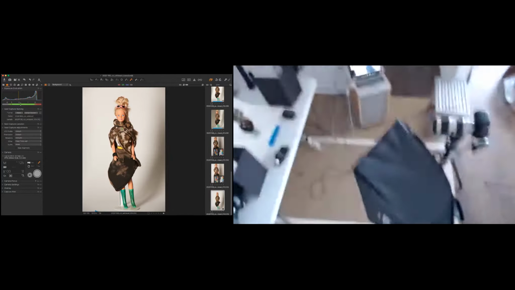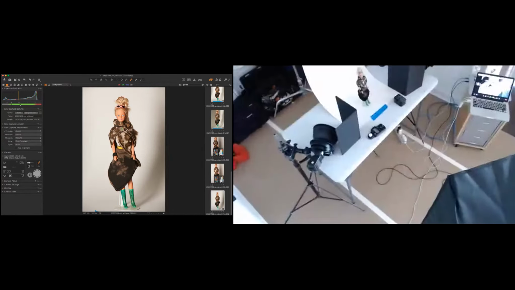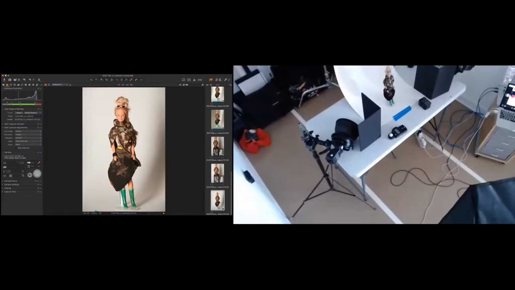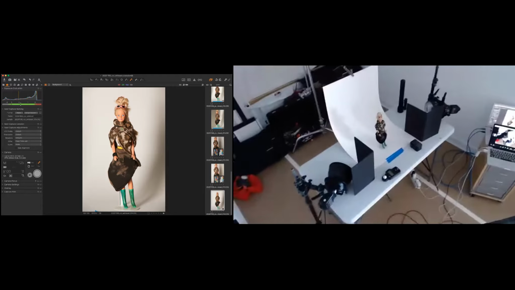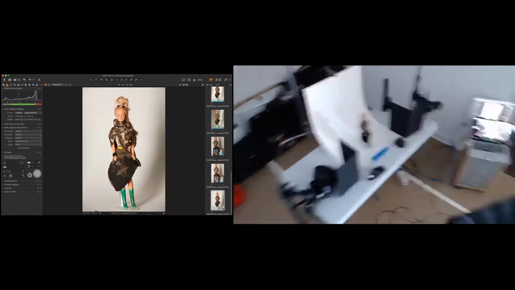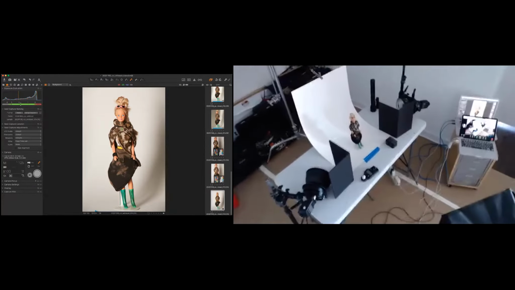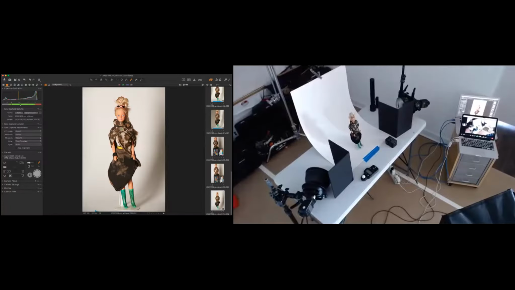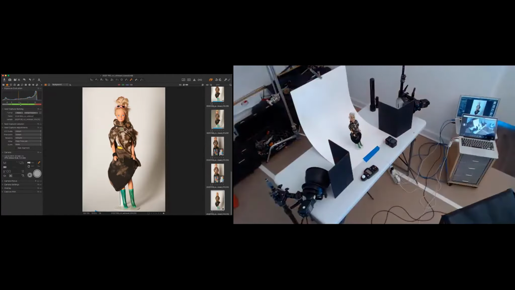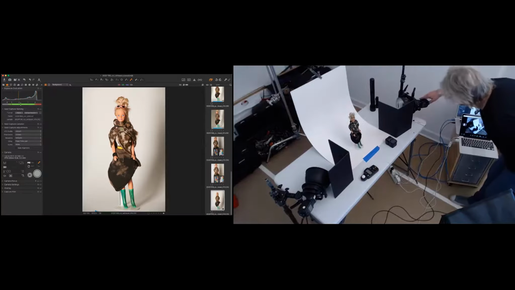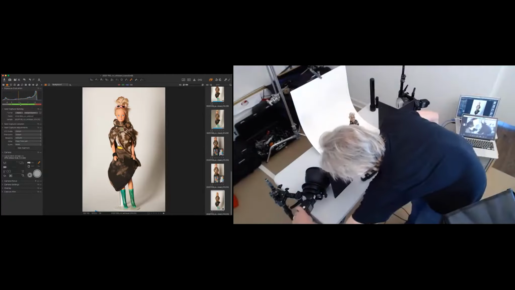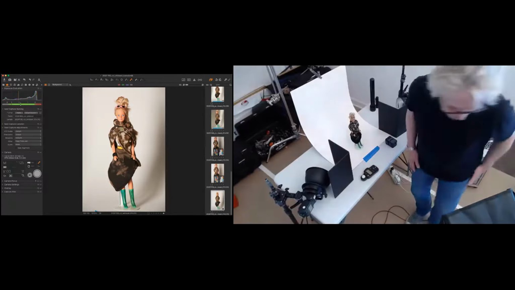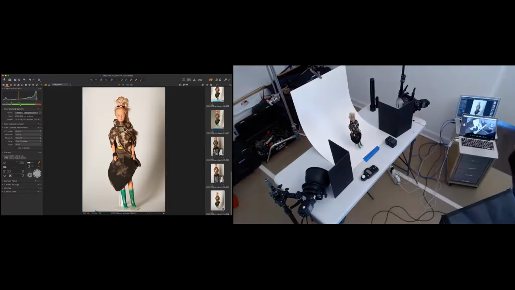So at this stage of the game, people will mistakenly turn off the main light and start to actually do the backlights by themselves. That's not what you want to do. Once you get your main key on, realize that it's going to impact the background. You've got to keep it on the entire time. So I'm going to turn on these guys now, my backlights. And I just need to get them even.